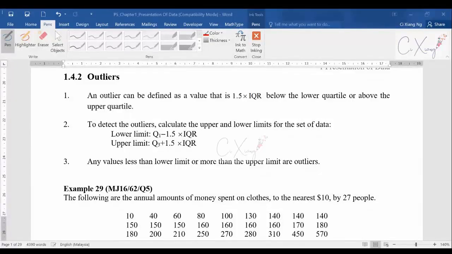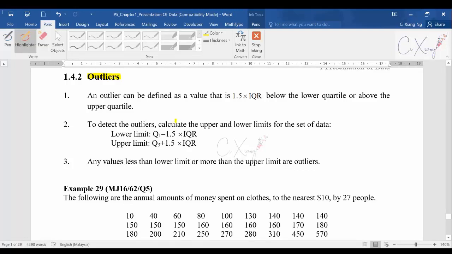All right, so now we are going to discuss the outliers of our data. I think you have seen the word outliers before, or I mentioned it during our class. Outliers, sometimes we also call them extreme values, which are extremely big or extremely small compared to the rest of the data in your set. But actually, it's very hard for us to decide